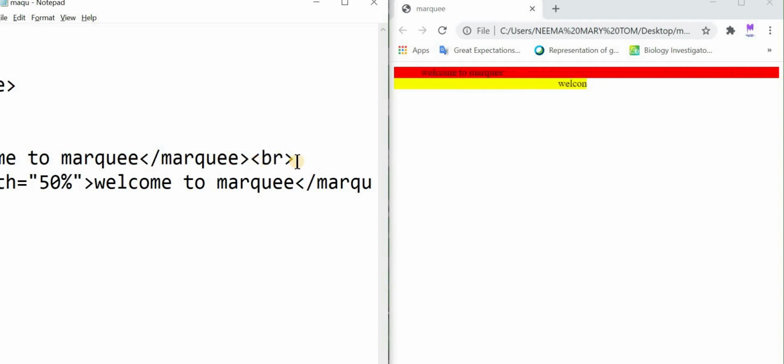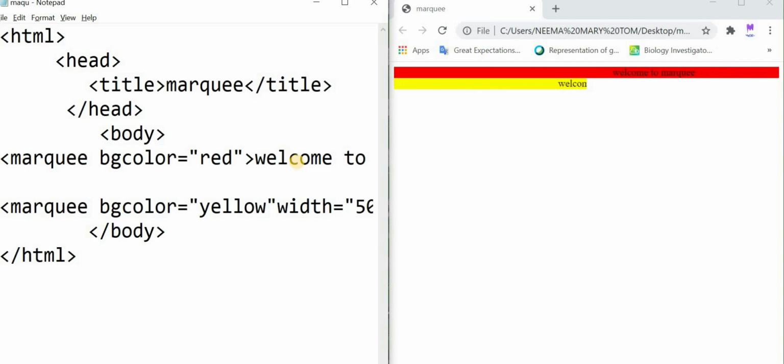Since it is a block level tag, it will occupy the full space of the window. So to give a little space in between, I am adding a break tag, and here I am typing the starting paragraph tag.